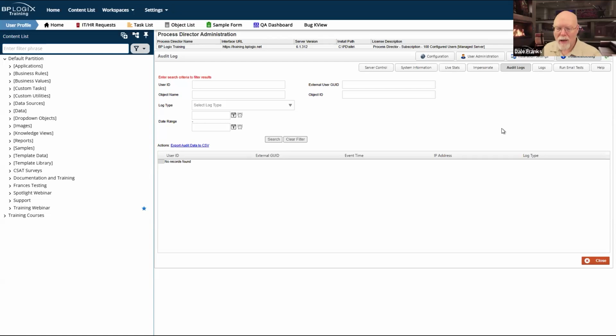But if you store it in the database, you do have the ability to keep it stored in that database for a long time. In fact, we have a customer who just had some sort of issue and said, hey, somebody changed something last month. Who, what, where, when, how? Well, they're keeping their audit logs. In fact, they have like 5 years of data in their audit logs. Now, that's going to be a really big database table with millions and millions of entries in it.